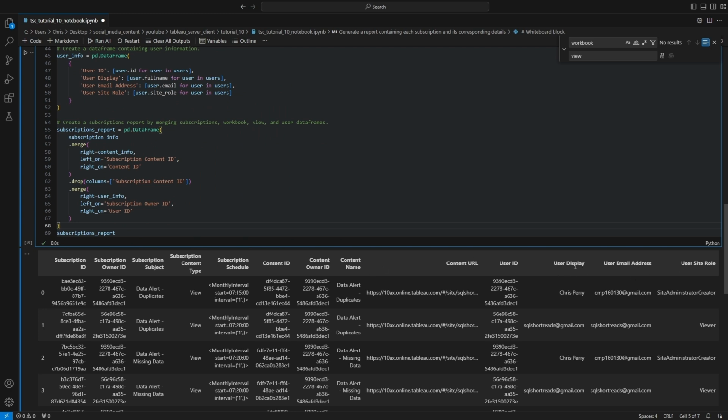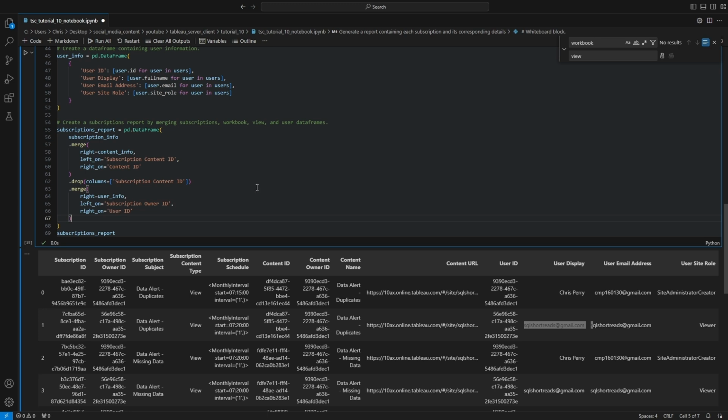the content is also horizontally appended to each of these rows. So for the subscription owner who this is being sent to, it's being sent to me, or it's being sent to this person. In this case, it's an email address. Let's keep going. So the next step we're going to do is we're going to need to actually rename some